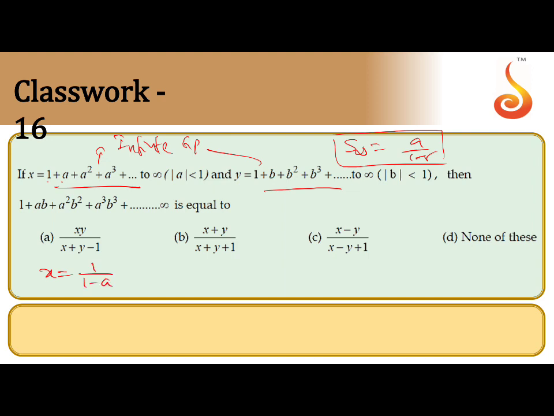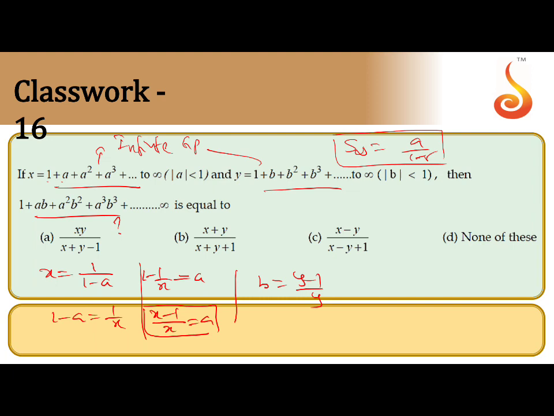So what is our job? We have to find the AB value. The required answer AB is there. So 1 minus A equal to 1 by X. So from here, 1 minus 1 by X equal to A. So that means A equals X minus 1 by X. That is the value of A. Similarly, you can take B also, because the only difference is A and X, here X and Y. So similarly, B is Y minus 1 by Y. So we have to find this answer. I hope this is clear.